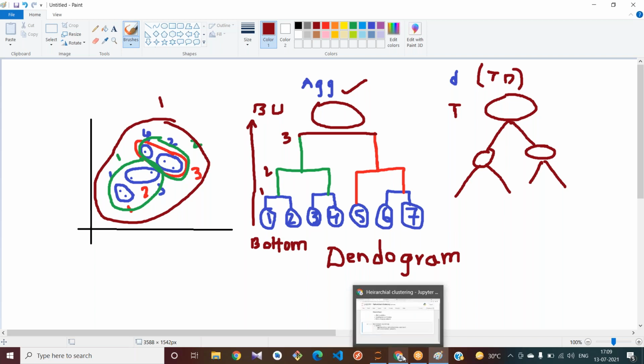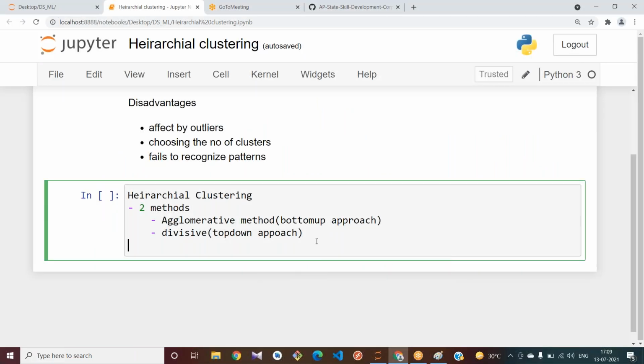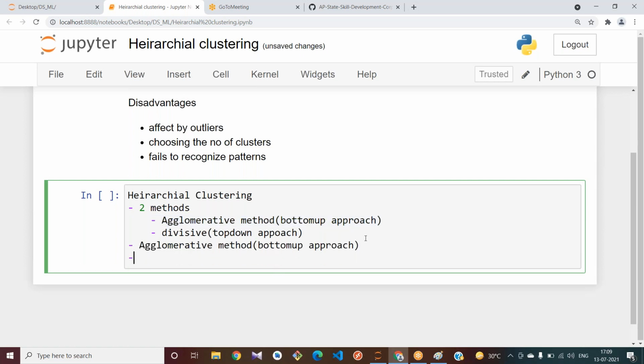And let us see, in the agglomerative method, there are different measures that it follows. Let us see what the methods are. It tries to use some linkage methods.